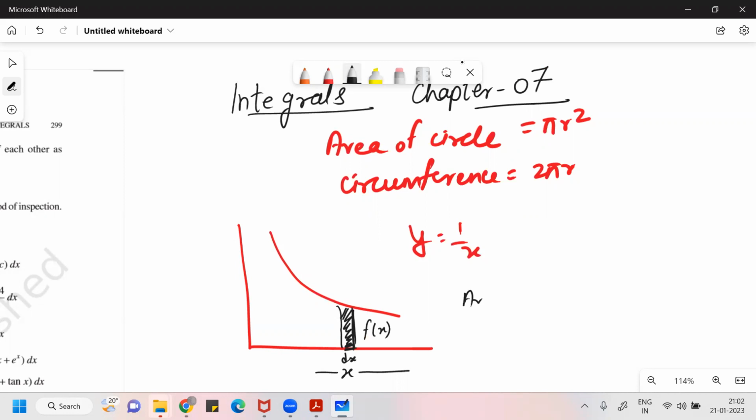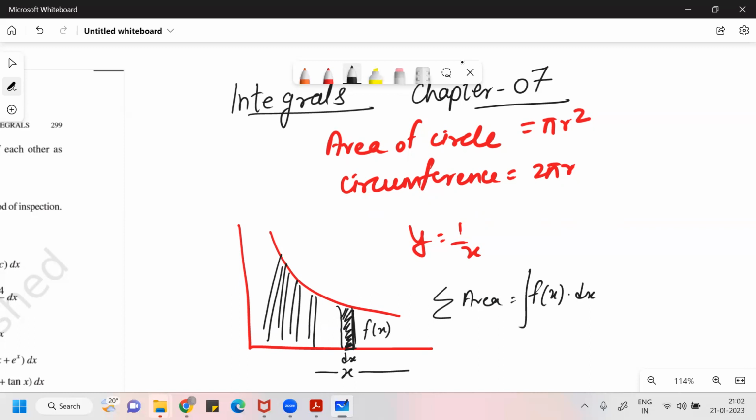So the area of this small part would be nothing but f(x) into dx. Then if you keep adding the areas of these infinitely many small rectangles,